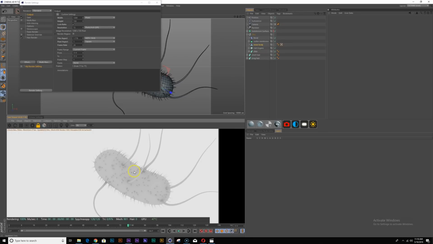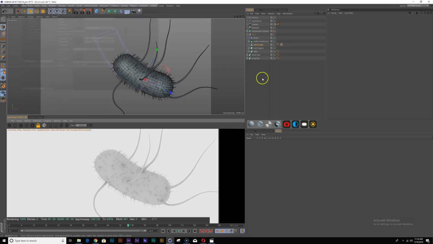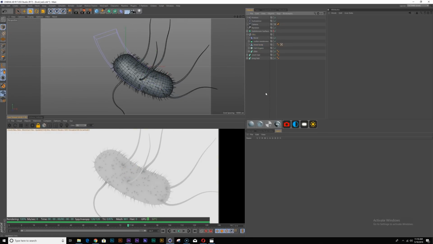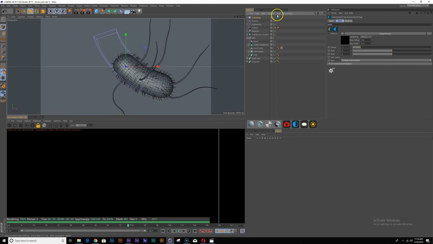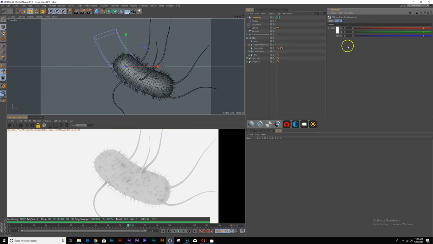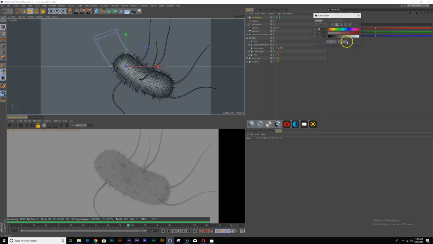This is as you expect by default. Like I said, the lighting is very flat, right? So I'm just going to add a basic texture environment, and this is actually just going to be my lighting.